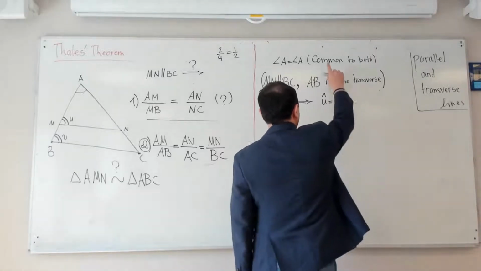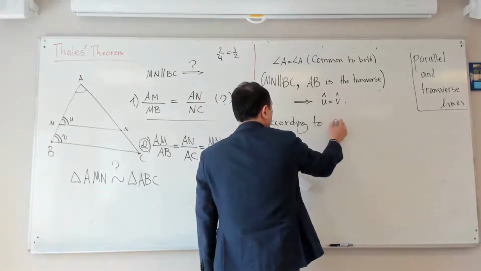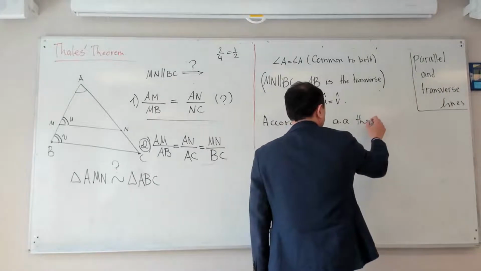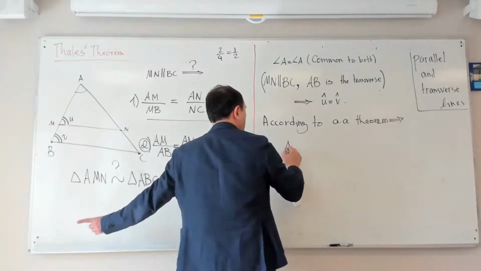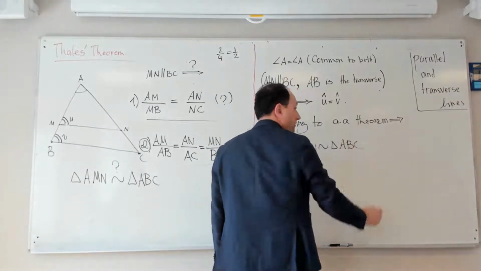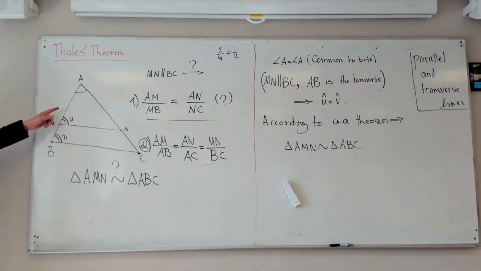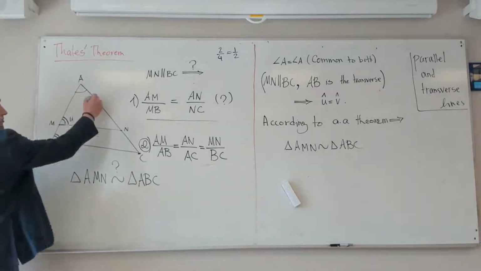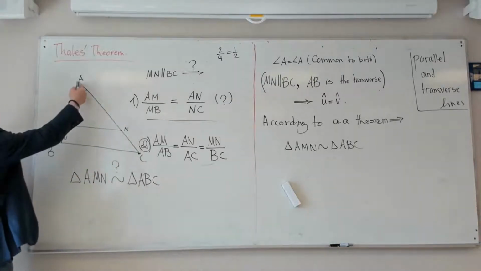Okay, now according to the AA angle theorem, we can conclude this relation. The triangle AMN is similar to triangle ABC, yes? Now that I know that the triangles are similar, I know that the corresponding sides have the same ratios. That's the meaning of being parallel, yes? So now that I know that this triangle on top is similar to this triangle, then the ratio of this